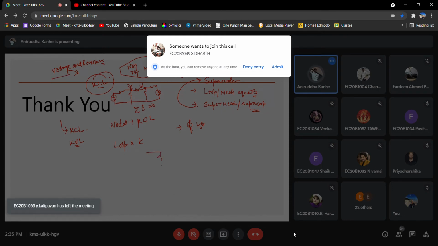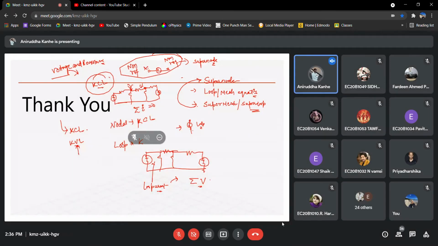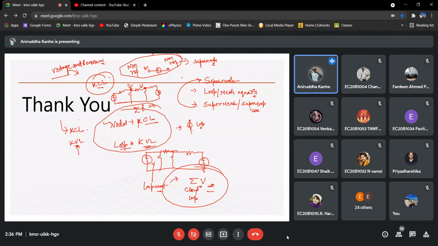Now, in case of loop, it is based upon which? Whether it is KCL or KVL? KVL, sir. KVL, right? So even though the word voltage is coming, when you're writing the loop equation, essentially you're writing with respect to the loop current, but you are writing that the summation of voltages in a closed loop is 0, right? So I hope this is very clear to everyone that nodal is based on KCL and loop is based on KVL. Now we'll go for our next topic,